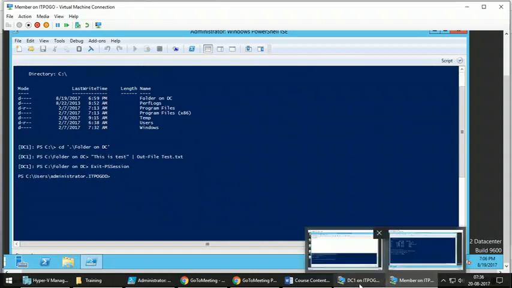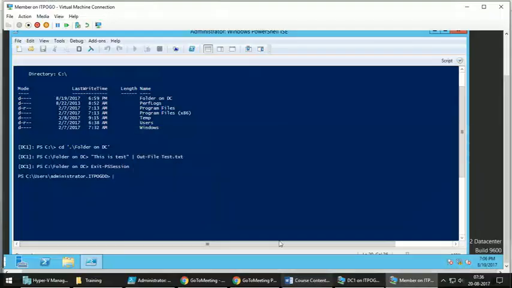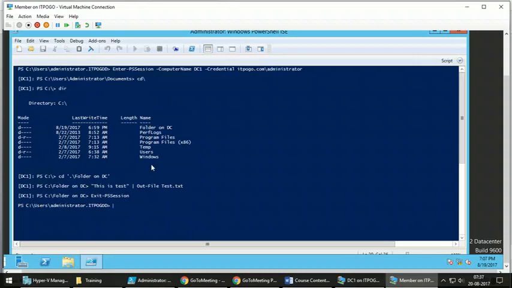Okay. Now, the next thing is one-to-many. For connecting to multiple remote computers using remoting, see, in this example, at a time you are able to join only one computer using Enter-PSSession.